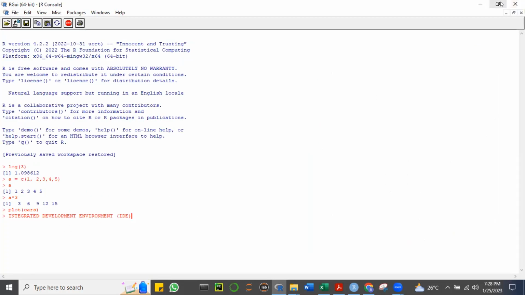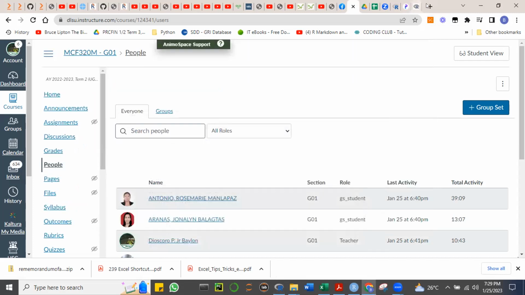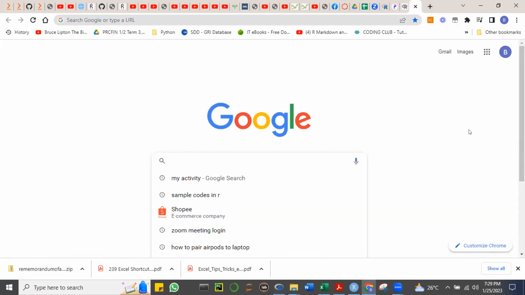What's an IDE? An IDE is supposed to be a software to help use a particular software. So we have an IDE, a software that's used to help us process using R. So we're not going to use the R itself, the R software, okay? And R, by the way, is a software, and it's also a language, and so is Python. Okay, so what we're going to do is, let me open another tab here again,